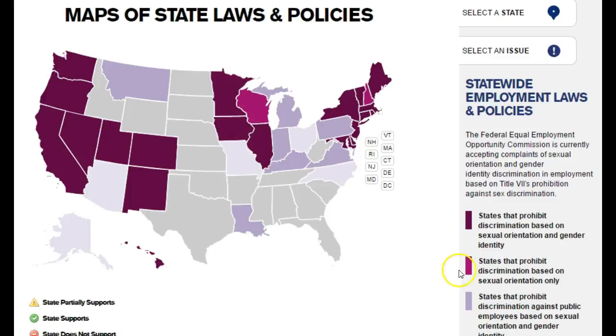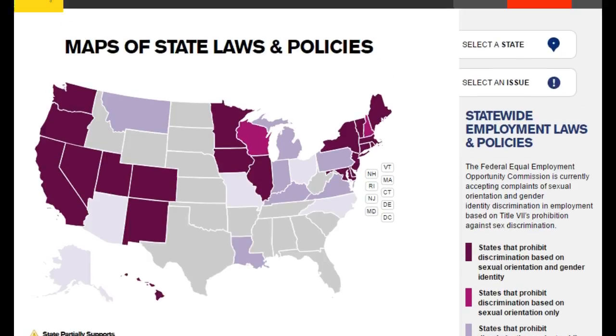The purple states are ones that prohibit discrimination based on sexual orientation and gender identity in employment. If a state is gray or light blue, then in private employment, sexual orientation discrimination is not an issue. Certainly, if an employer finds out that you are gay and fires you because of that, that's okay. I'm going to come back to this. It's not exactly correct right now, but this is the case in most states.